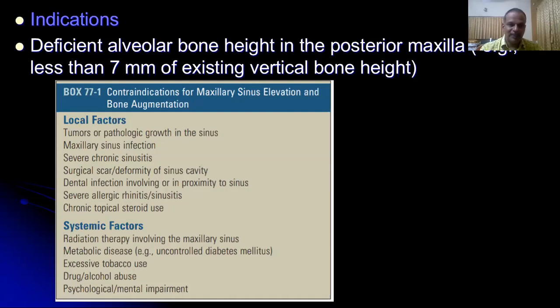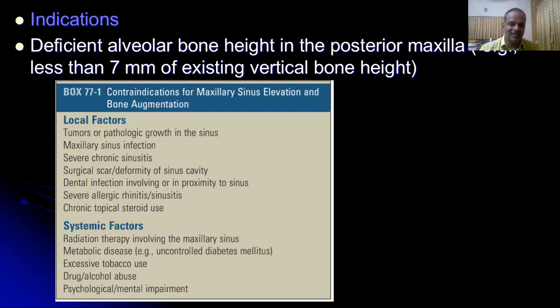The patient should be in good systemic health and free from disease of the maxilla, or specifically disease of the maxillary sinus. The pre-treatment evaluation of the maxillary sinus is basically accomplished with radiographic techniques. Intraoral periapical radiographs or orthopantomographs will provide a lot of information about the anatomy of the maxillary sinus. But the internal anatomy of the maxillary sinus can be thoroughly assessed with three-dimensional radiographic projections if available.